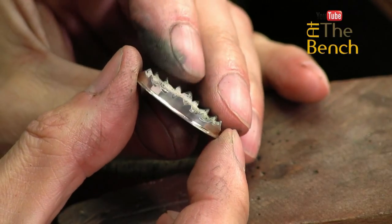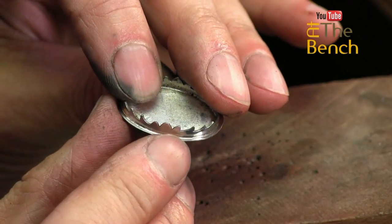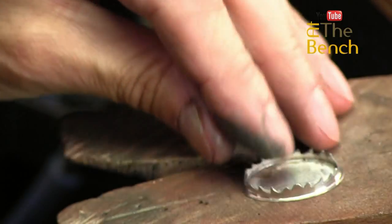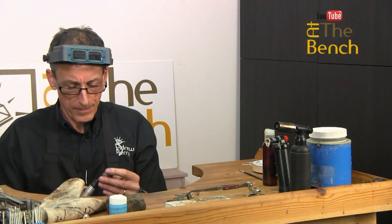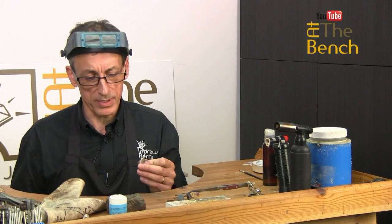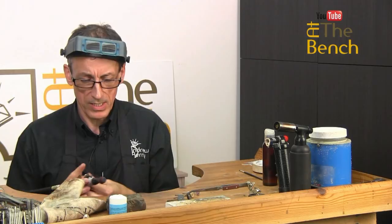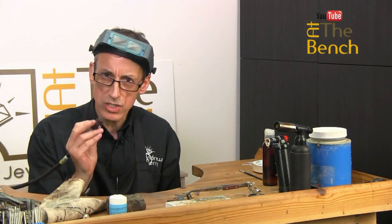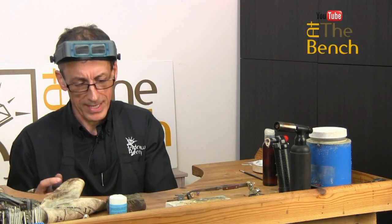That was just using the brush. You can see what a beautiful joint we've got, and you can also see how shiny. Now this is part of a project I'm doing here on At The Bench, but you would be mounting this perhaps on a ring, or you would be putting a bail on the top, or some other type of fixing. Then I would get a very soft woolen mop, a little bit of rouge, and again,